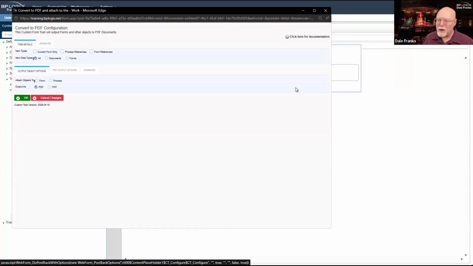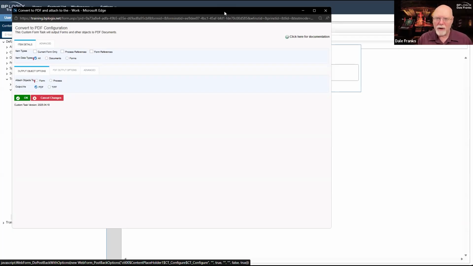The reason that you need to do it first is so that whenever the custom task configuration screen opens, it already knows what your container form is. So if you're going to do anything that references any form fields, like your copy form data, I'm going to need to know what form fields exist on your source form, which is your container form.